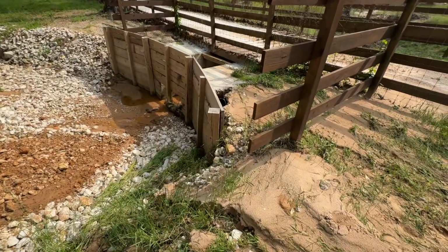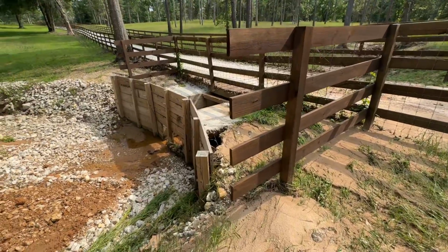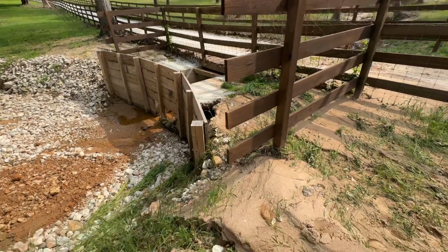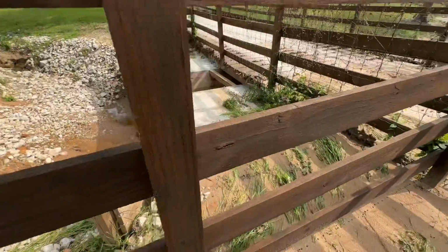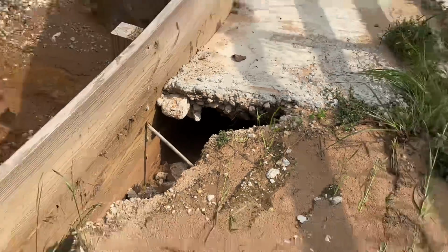Yeah, now I don't know how I'm going to get over here. This is going to be hard. This is bad. This is actually really bad. This is horrible. Now this over here